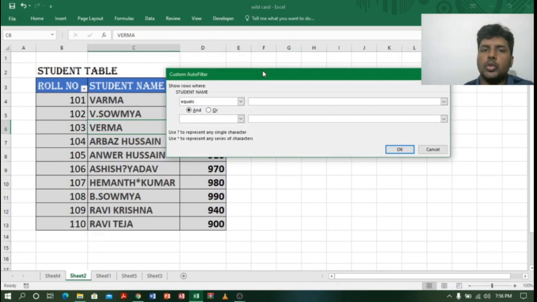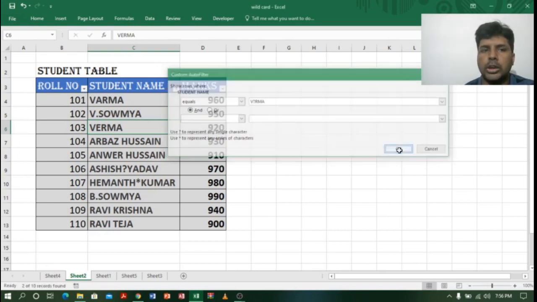Now what I will do, I will type V, question mark. I don't know the second letter. Some people may use A, some people may use E, Varma, right? So I'll use question mark in place of the character. Now I will type as it is RMA. So now it will search VARMA and it will also search VERMA. So let us click OK.